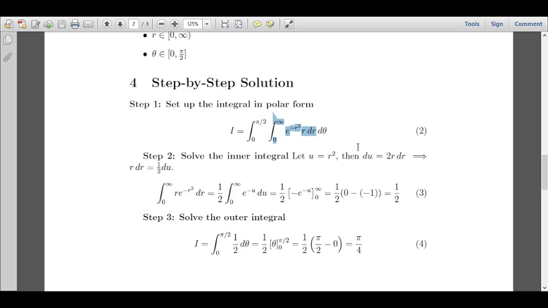Integration of r square, just like integration of x square is x cubed by 3, is r cubed by 3. Plug in the limits. Now we are evaluating the inner integral only, 0 to a, substituting the upper limit, that is a cube by 3. Now evaluate the outer integral, 0 to pi by 2. Our inner integral result is a cube by 3 d theta. So a cube by 3 is constant, integral d theta is theta, substituting the upper limit pi by 2. So pi by 2 into a cube by 3, which is pi a cube by 6. This is our final answer.